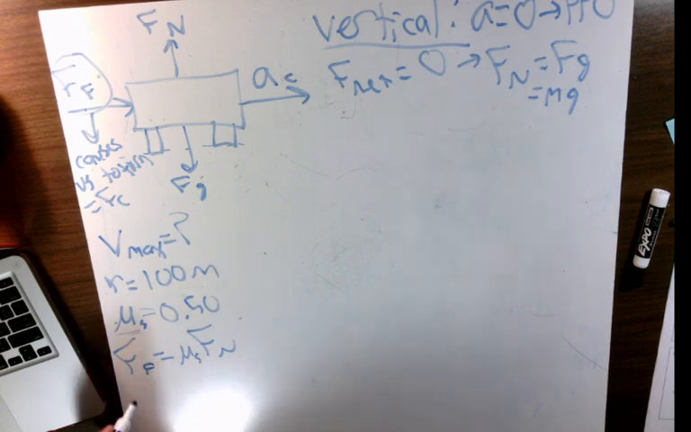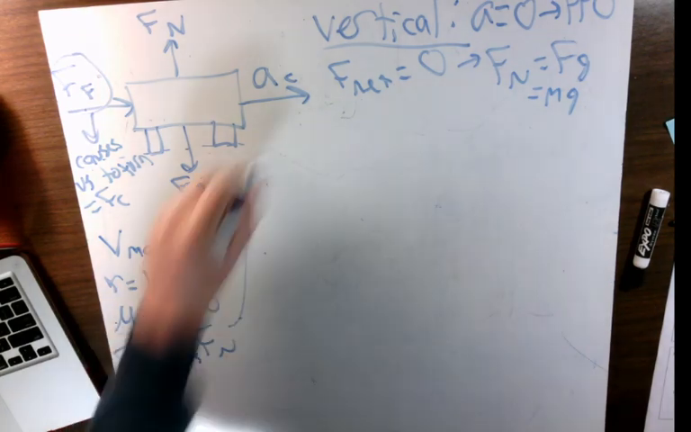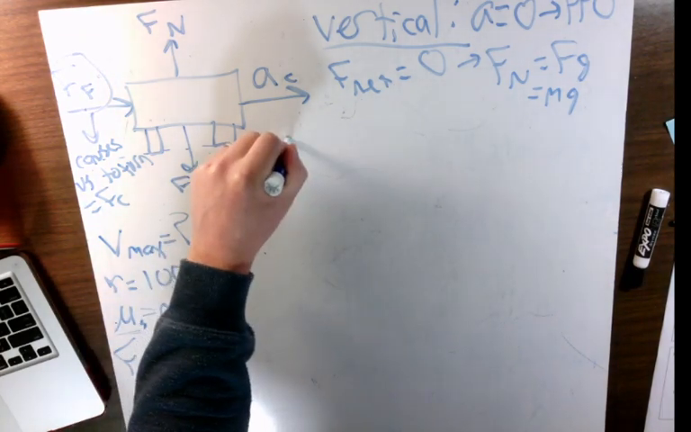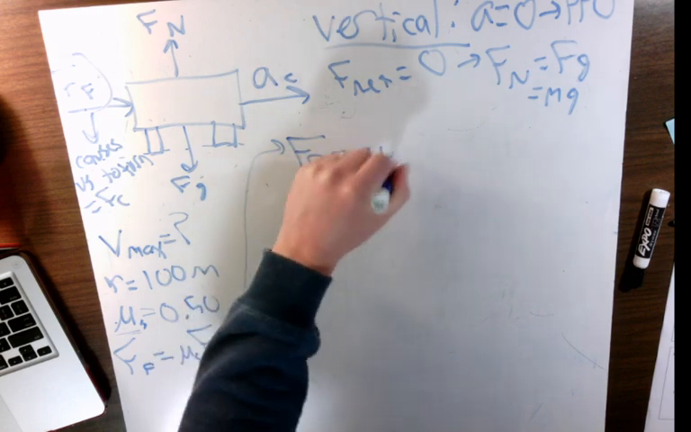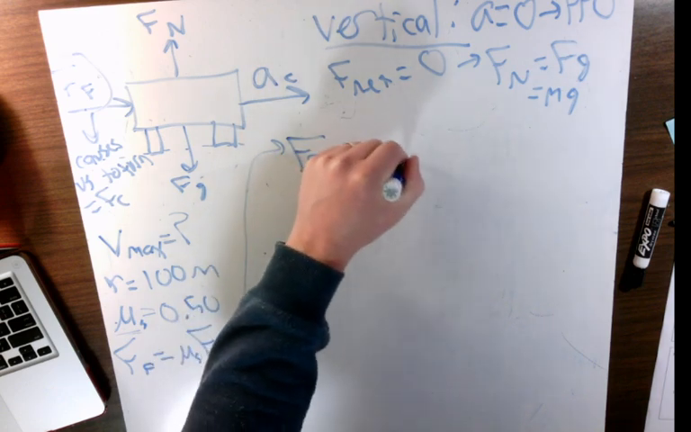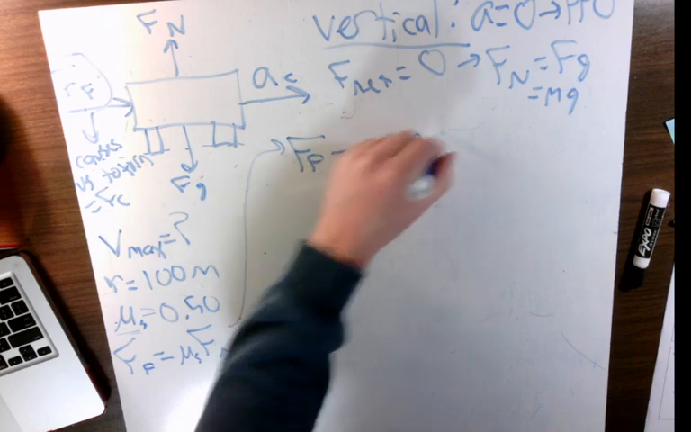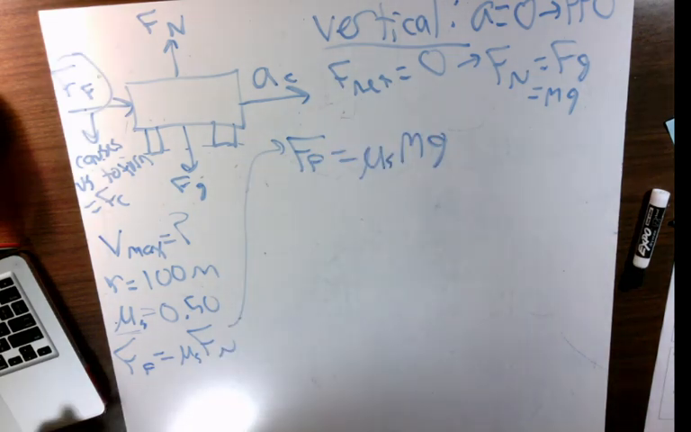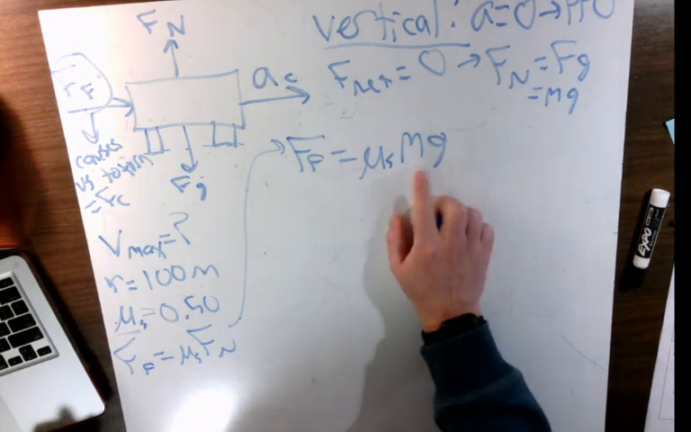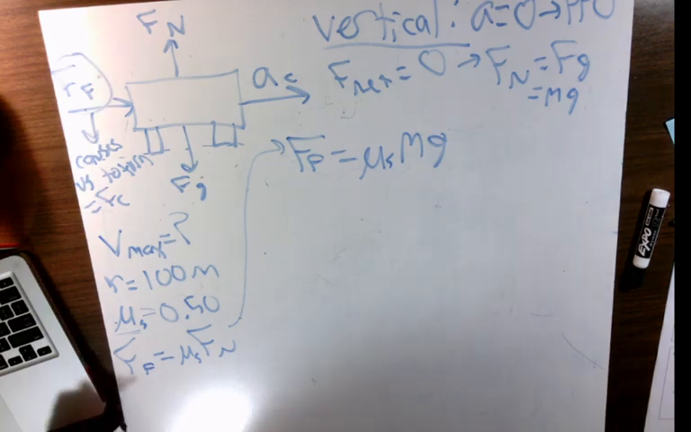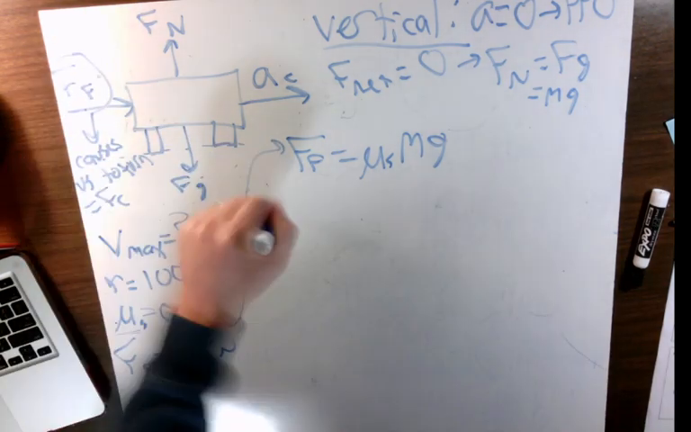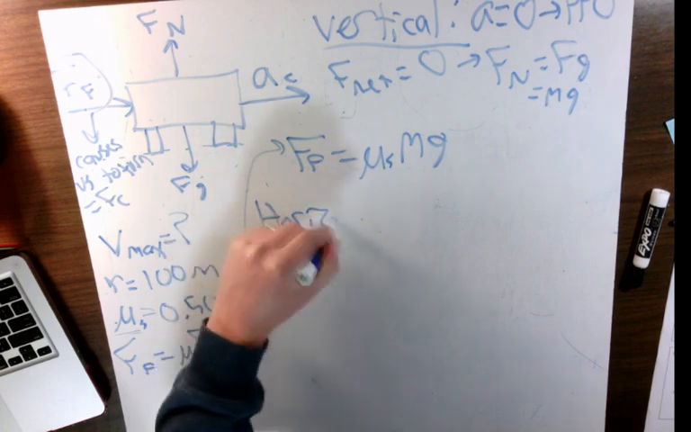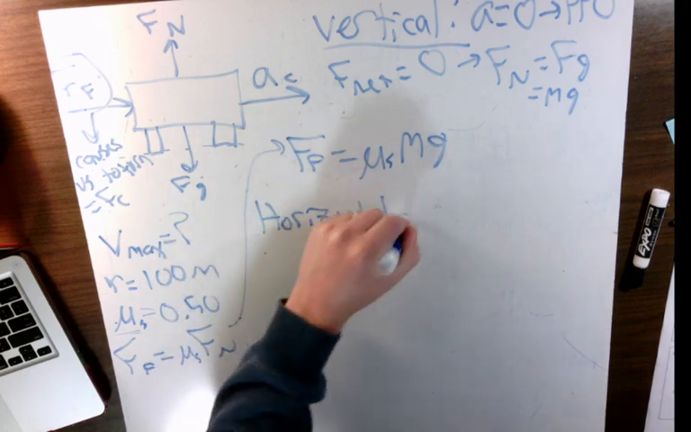So force of friction now, force of friction is equal to our coefficient of static friction times mass times gravity. And we're going to hope that we can cancel the mass out because it's not given to us. So that's everything in the vertical direction. Let's move to the horizontal, where we have